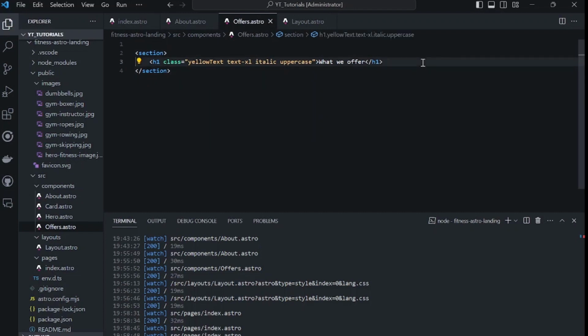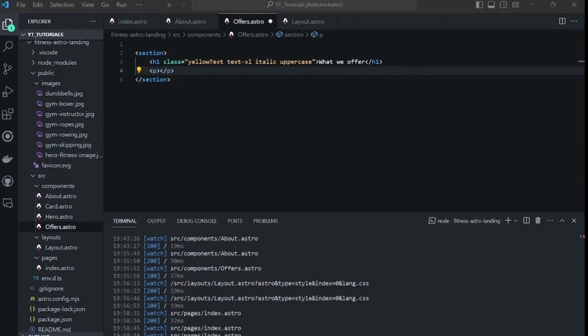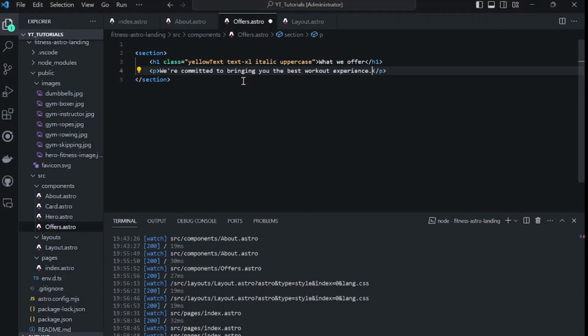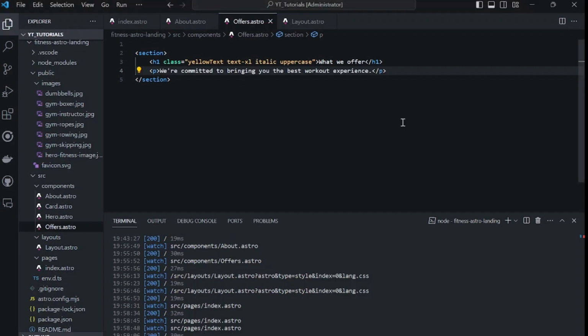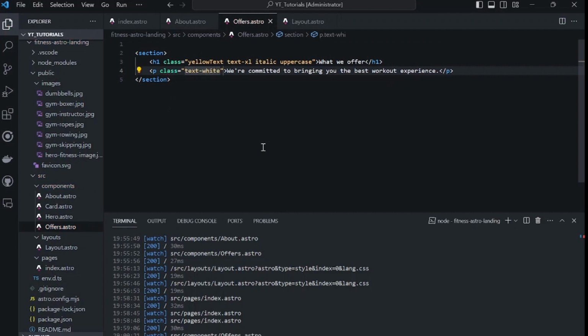And we're going to do our paragraph tag of, what did it say? We're committed. Okay, I've just copied it from the template and I'll bring it in. We're committed to bringing you great workout experience. We'll make sure that this text is white, so we'll do class text dash white. We'll save that,